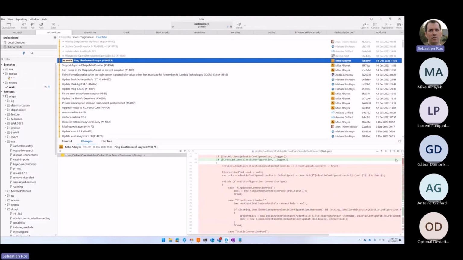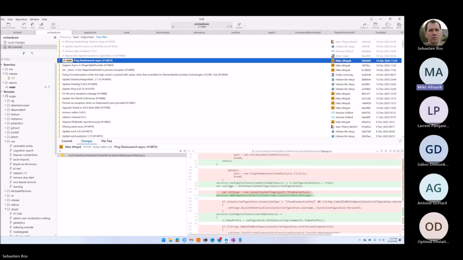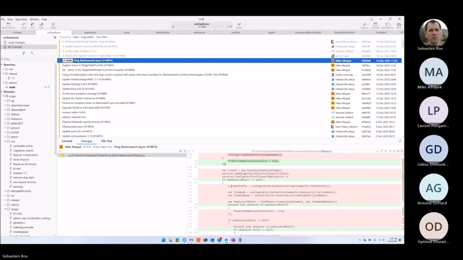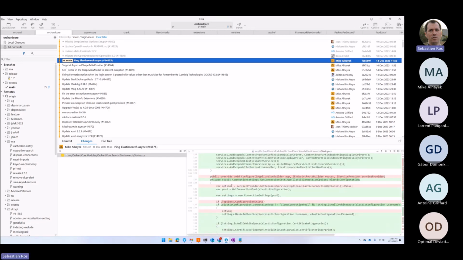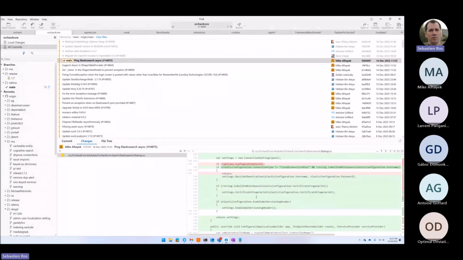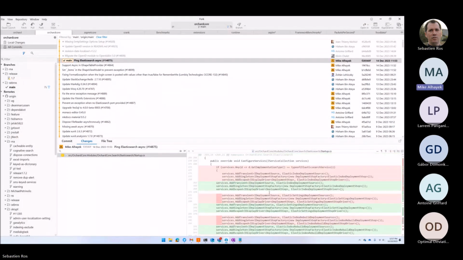Or is it multi-async? What was the question? Yeah. The question was, is it removing the ping or making it async? It's making it async. No, it's adding a sync